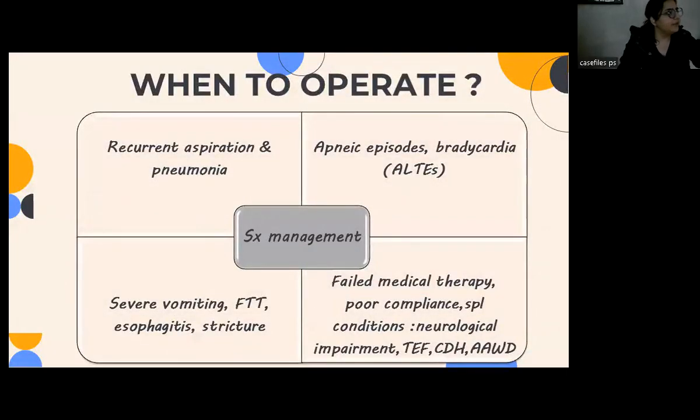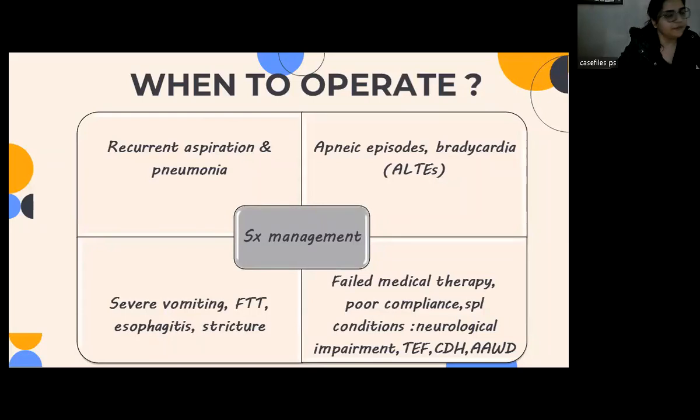Now, considering when this patient can no longer be managed by medical management and we need to proceed with surgical management. These would include patients who have episodes of recurrent aspiration and pneumonia, patients who have had apneic episodes, bradycardia, or acute life-threatening events, patients who have failure to thrive, esophagitis, development of strictures, multiple episodes of severe vomiting, and also